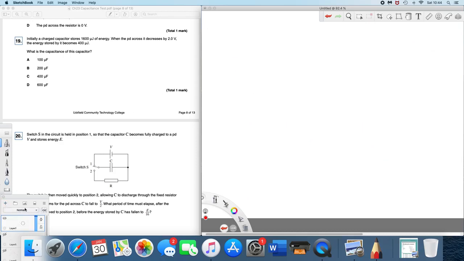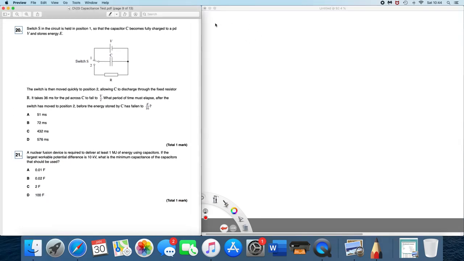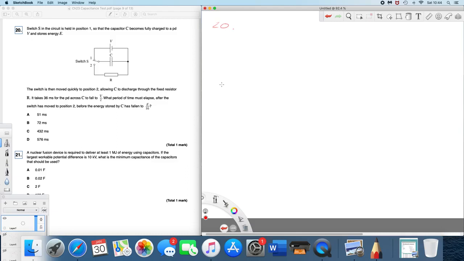Question 20. Switch S in the circuit is held in position 1, so the capacitor becomes fully charged to a PD V and stores energy E. The switch is then moved quickly to position 2, allowing C to discharge through the fixed resistor. It takes 36 milliseconds for the PD across C to fall to V over 2. What period of time must elapse after the switch has moved to position 2 before the energy stored has fallen to E over 16? So,